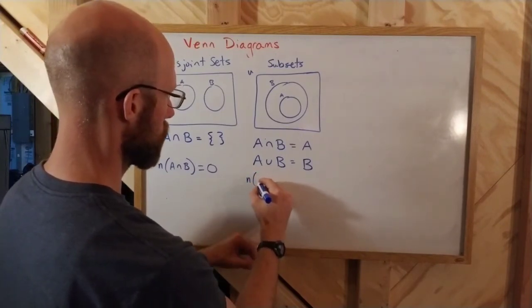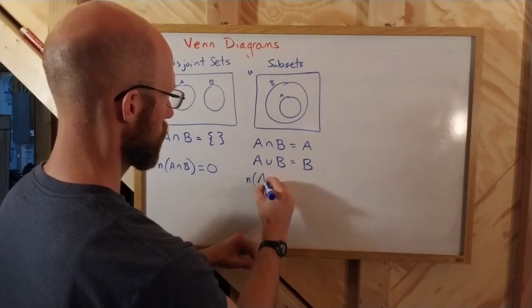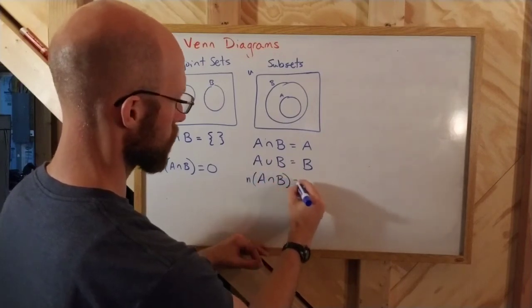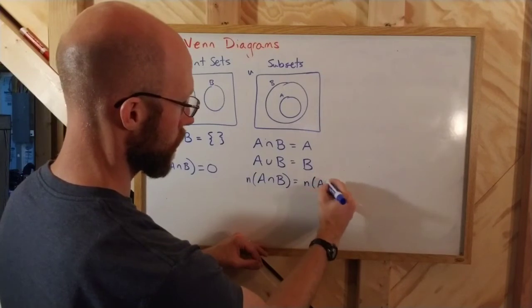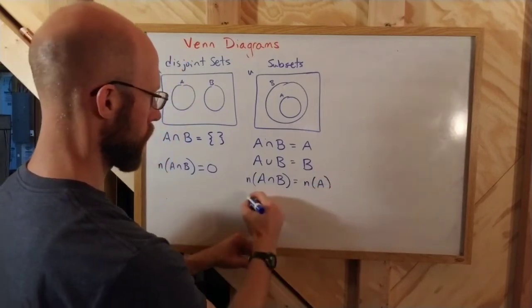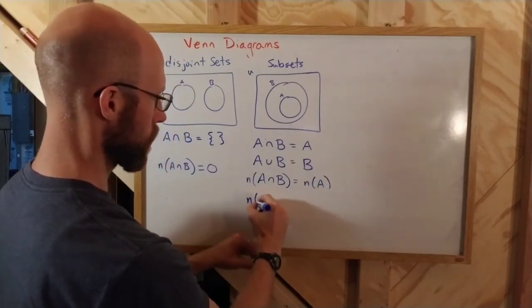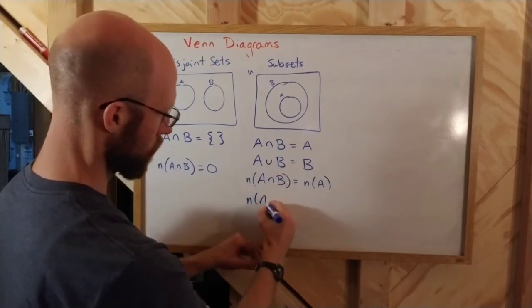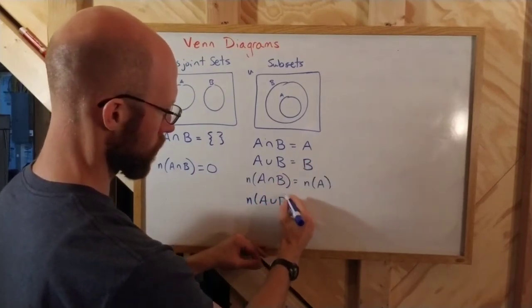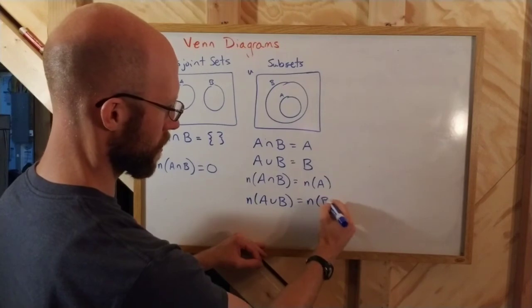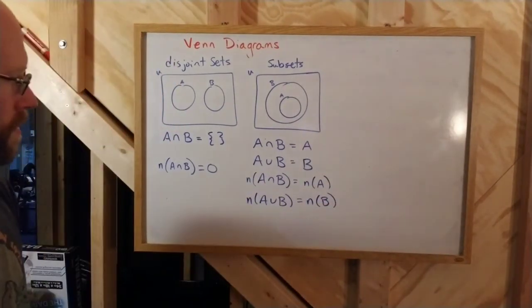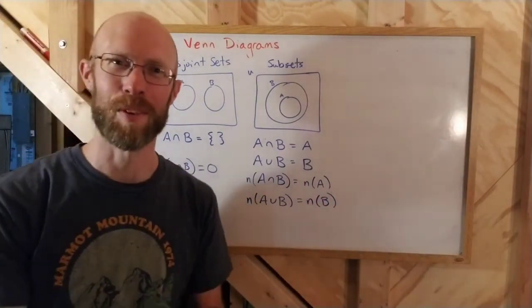Cardinality of A intersect B is obviously the cardinality of A, and the cardinality of the union is obviously the cardinality of B. Maybe that's not so interesting. Seems a bit redundant now that I'm looking at it. Seems more interesting as I was thinking it through. Yeah,